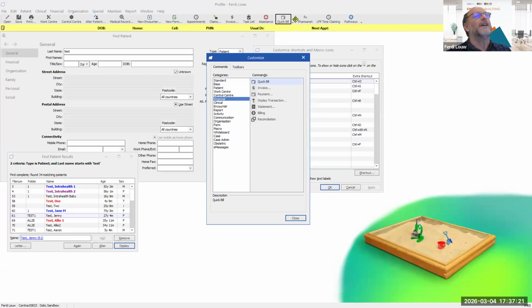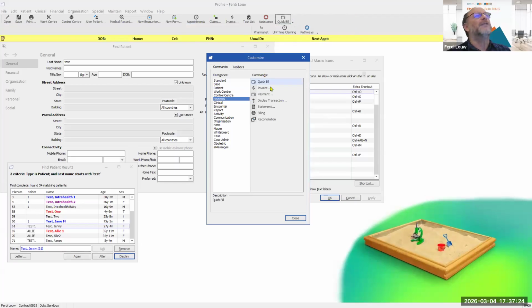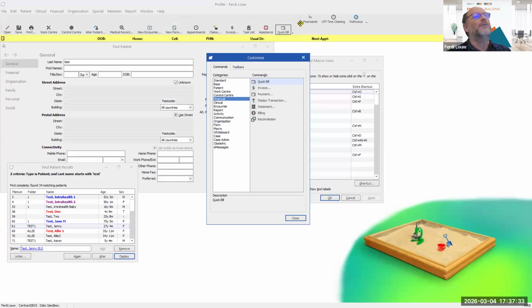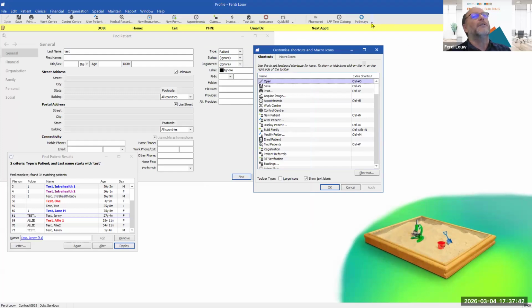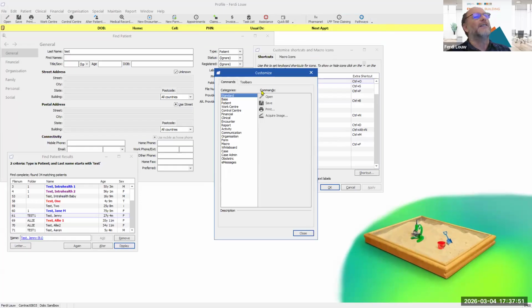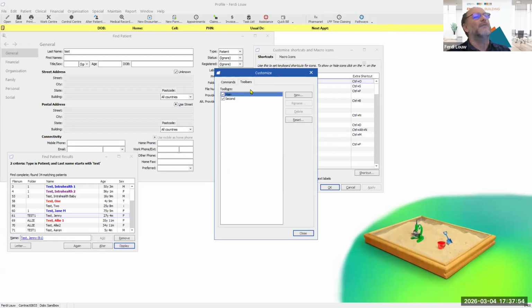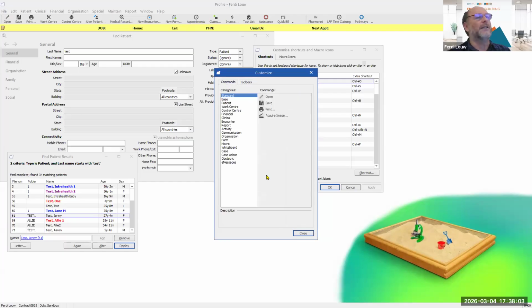If you need more space, I can take this toolbar of mine and say, okay, put it on a second line. That way I've got two toolbars and I can use them whichever way suits me. So these are the two toolbars that you can have and how you add shortcuts to them. Just to recap, if you go to the down arrow and add or remove and customize, that is where you've got most access in terms of what you can do. In this case, I've got more than one toolbar. You can add some more toolbars if you need to, to give you more space if that is required.